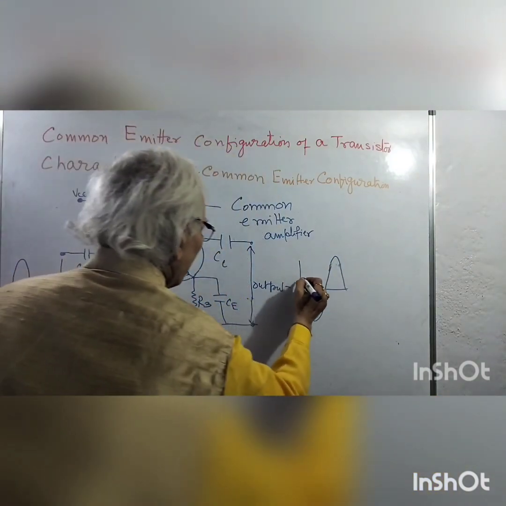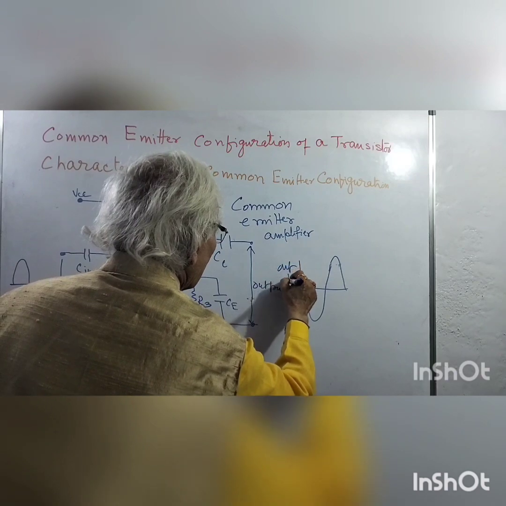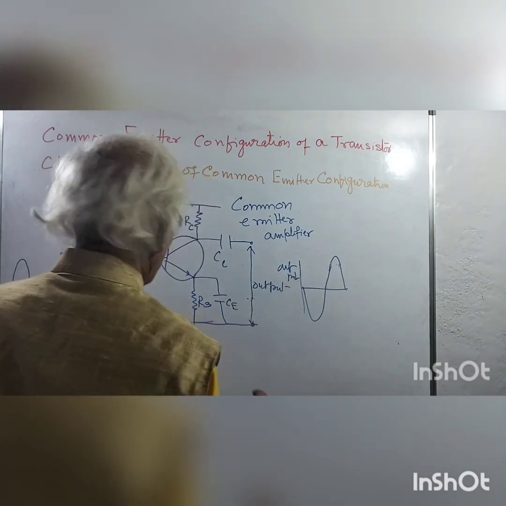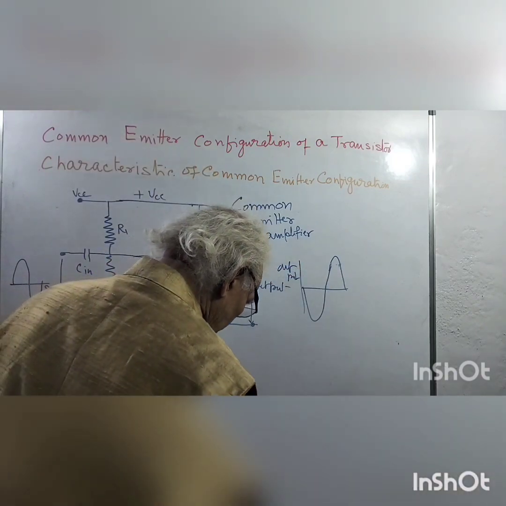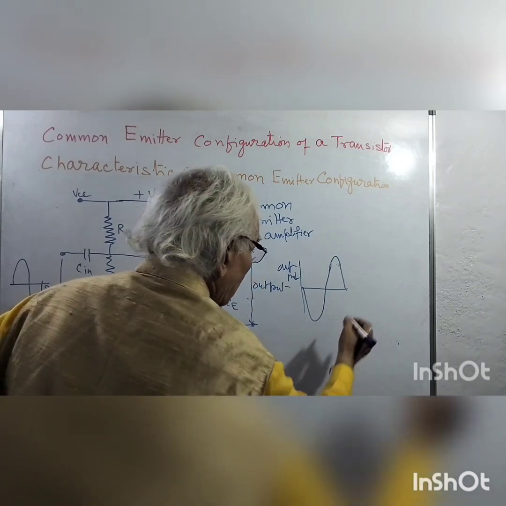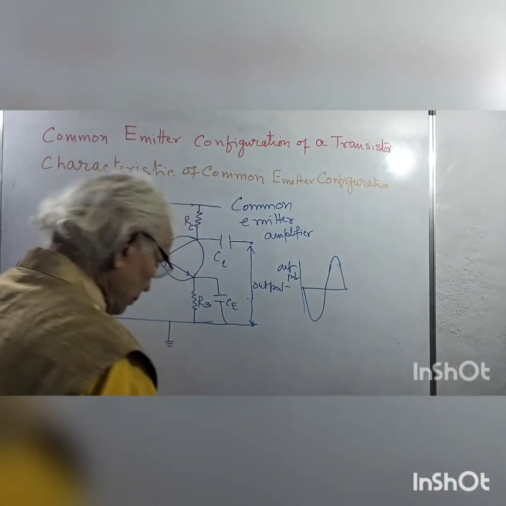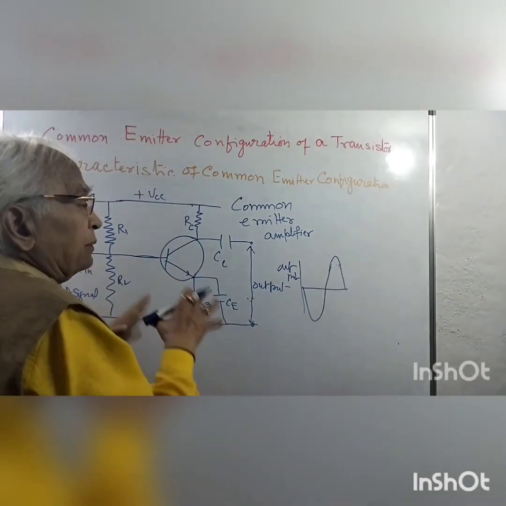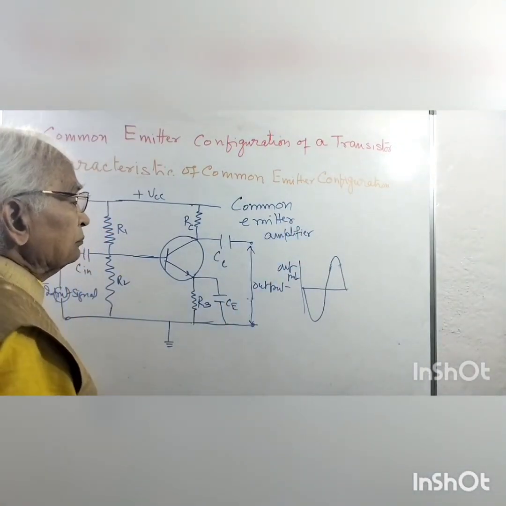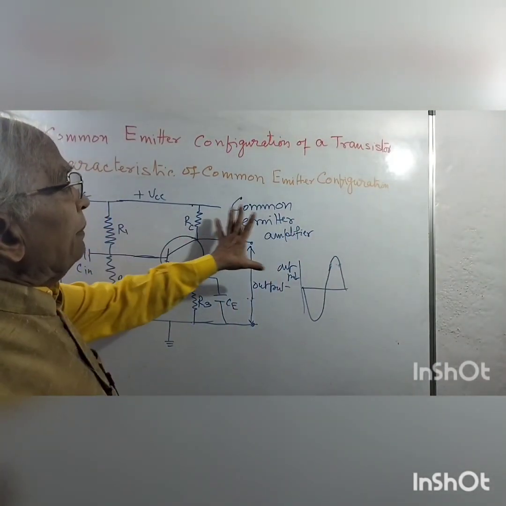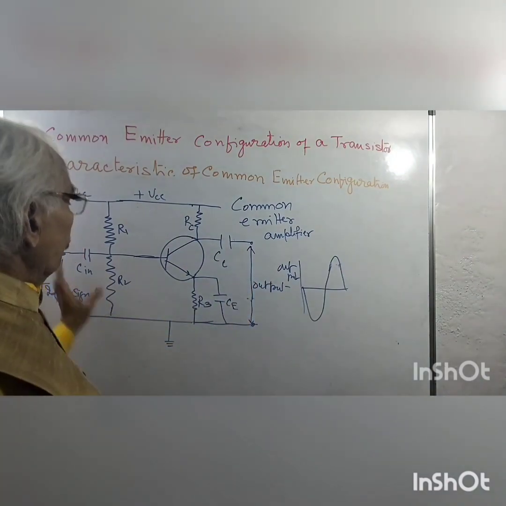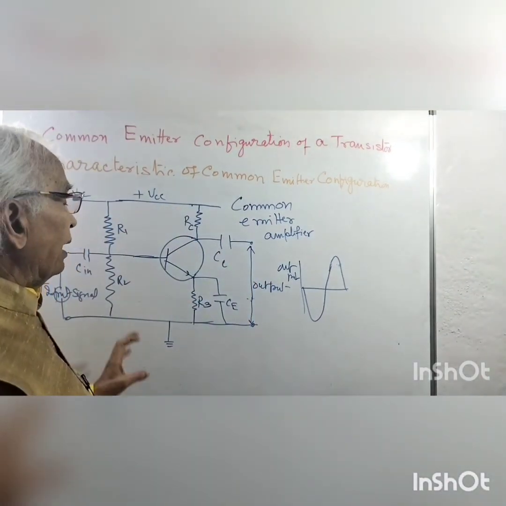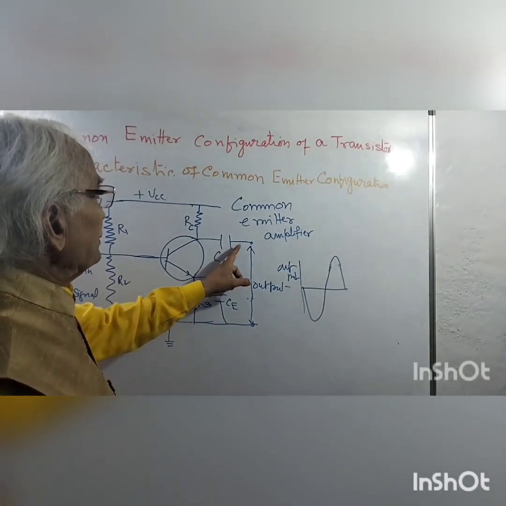Like this is the output. Voltage output, that is, say, this can be measured by the voltmeter, or this can be seen on the oscillograph also. Remember that this is common emitter amplifier circuit, one stage, single stage of the amplifier, and at this coupling capacitance,